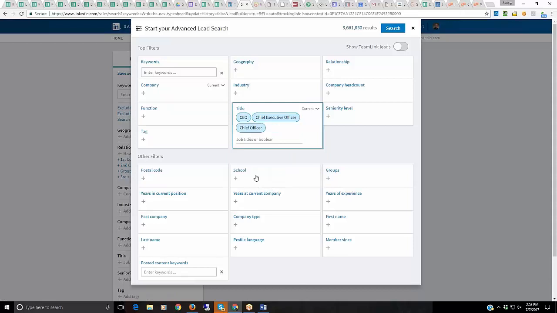And if you're doing international searches, sometimes you have to think that in other countries the CEO may be a managing director. Their titling is different. So if you're doing international searches, you want to talk to your client and make sure you're covering all the titles associated with all the countries you're focused on. But I've got 3.6 million results. If I take out Chief Officer,